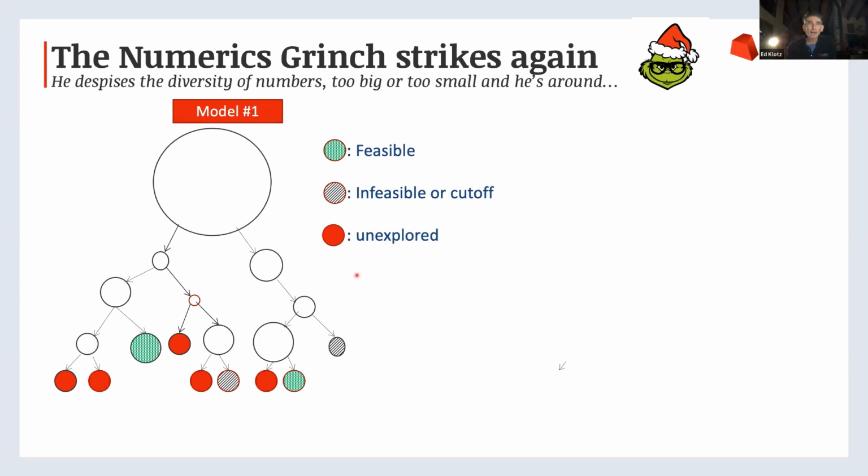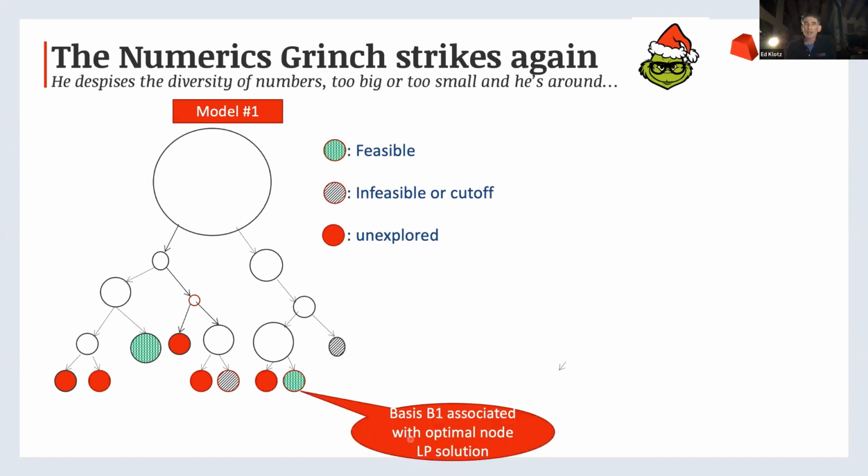So here's a branch and bound tree, and we've got these green nodes that are feasible, integer feasible nodes, and then the gray ones are infeasible or cut off, and the red ones are unexplored. Okay, so let's consider one of the feasible nodes, and somehow there's a node LP solved there, and there's a basis, which I'll call B1, associated with that optimal node LP solution. Now let's suppose that we modify the